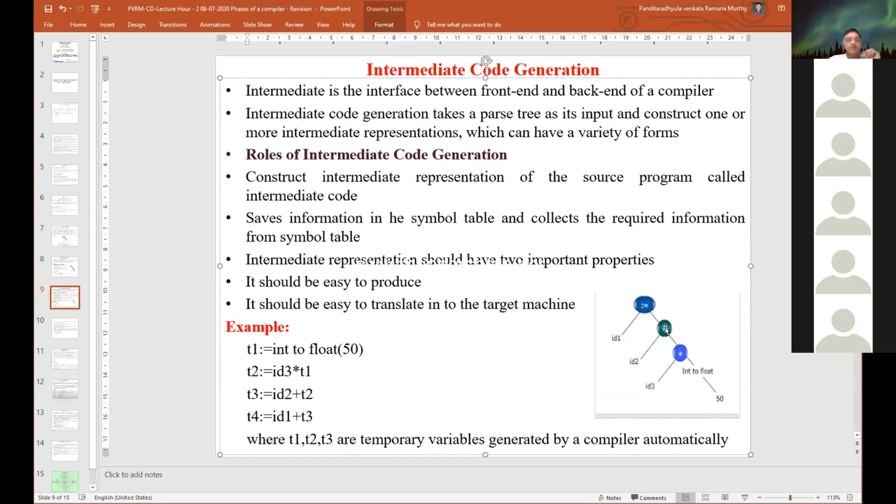The T3 is joined with the ID1, and we are getting one more variable T4. So T1, T2, T3, and T4 are the required temporary variables, whatever we are getting from the previous operations.